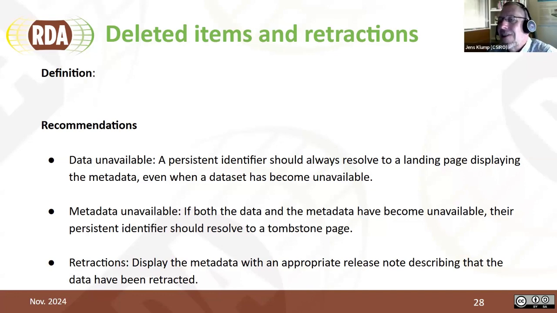This isn't for casual cases. This is really for catastrophes, where the tombstone would say this data center was destroyed in the fire of 2045, and therefore neither the data nor the metadata are available anymore. Something really drastic like that. It's not for somebody just mishandling data, not managing it properly. It's really for cases where something went catastrophically wrong.